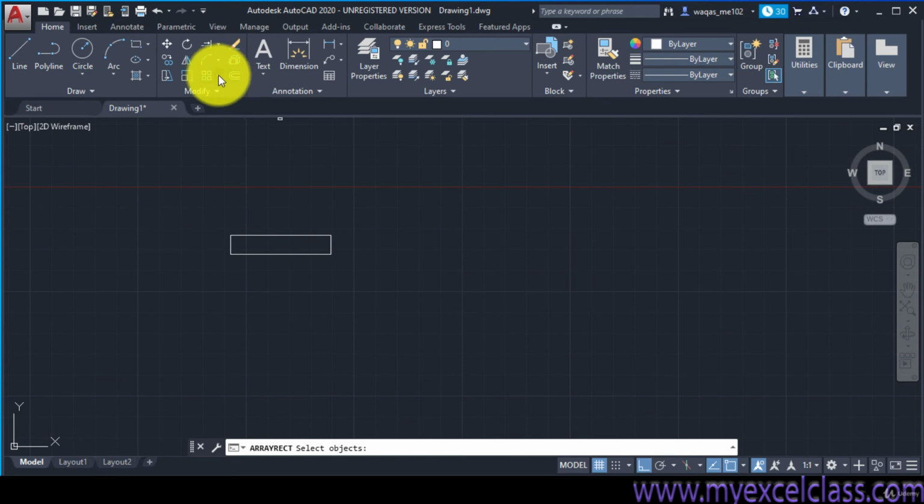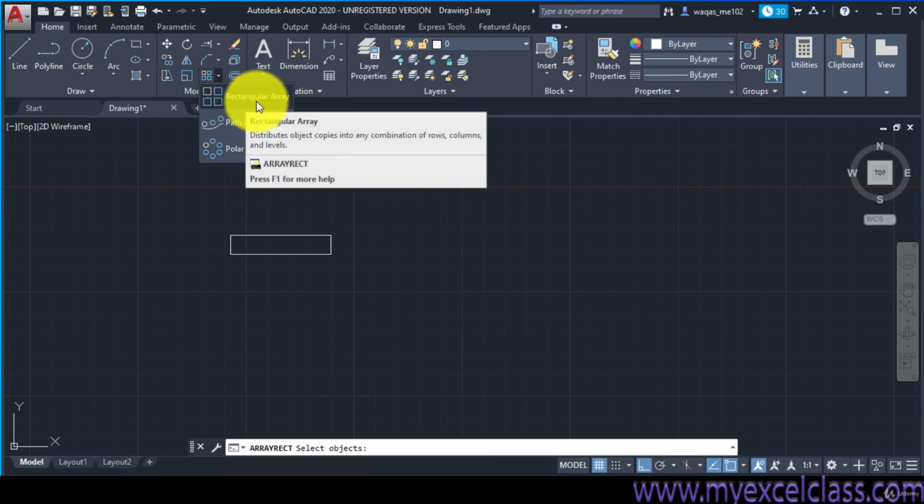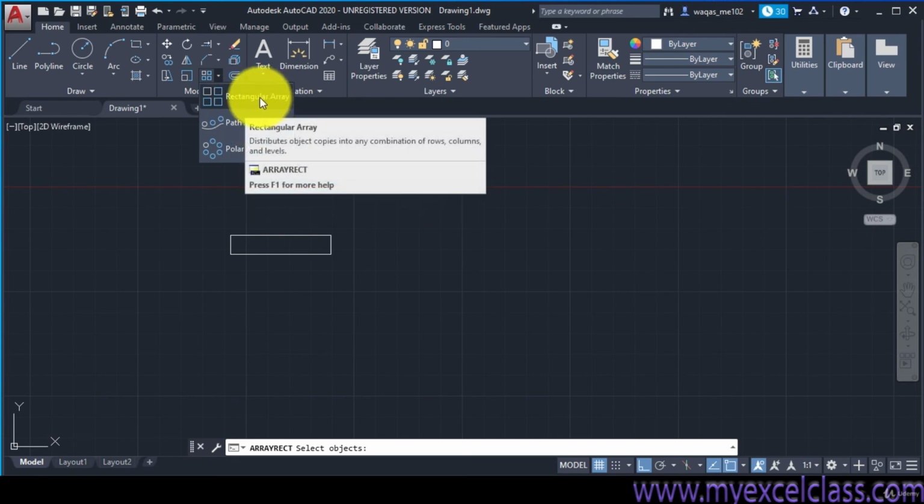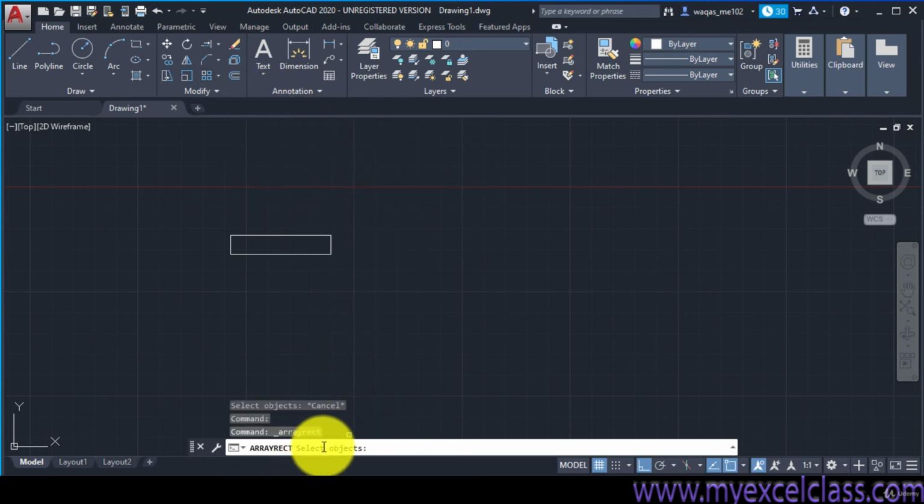We have a rectangular array, path array, and the polar array. For now I am telling you the rectangular array, and the others are the same as this one. When you click on the rectangular array, it asks you to select the object, click on this object, click enter.